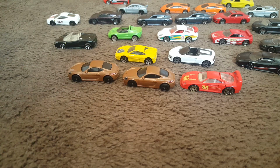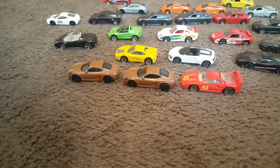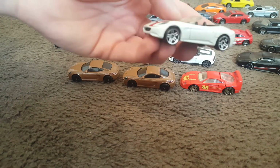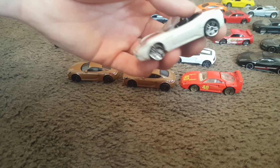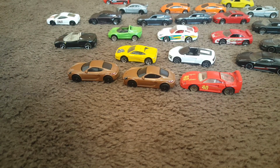Could be wrong. Well, we got through a layer. Let's go down to the next layer. Another Ferrari. Ferrari California. All these look very nice. I mean, for mainline castings, they did great back in the day. These are probably mid to 2010 era, mid 2000s to 2010. A little bit after. There's no year on the bottom of this one, but